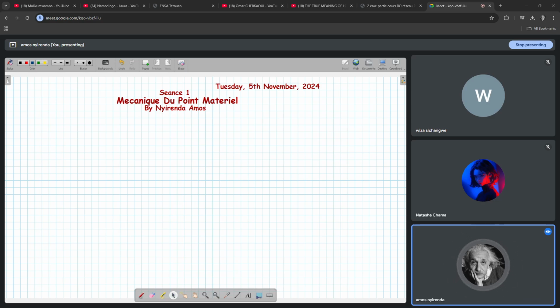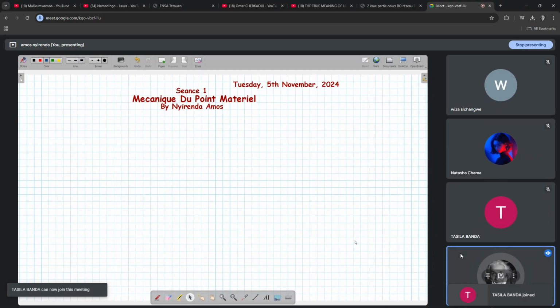So we want to talk about Mécanique du point matériel, and in the first session we want to talk about cinématique du point matériel. But before that, I want us to look at a few mathematical operations, like taking the dot product, taking the vector product, and of course some interesting mathematical calculations that we're going to perform as we are talking about cinématique du point matériel, and then the mouvement relatif, changement de repère, and then finally